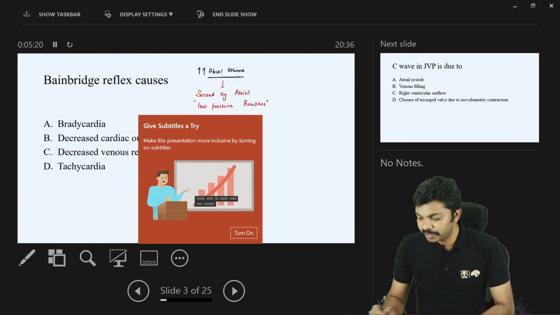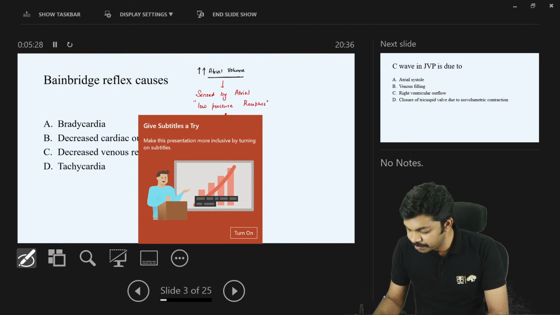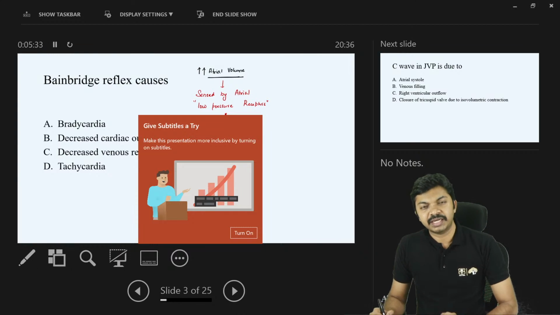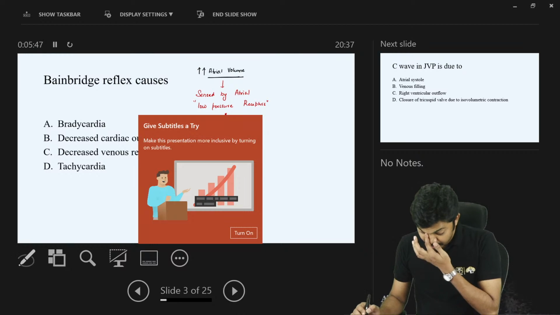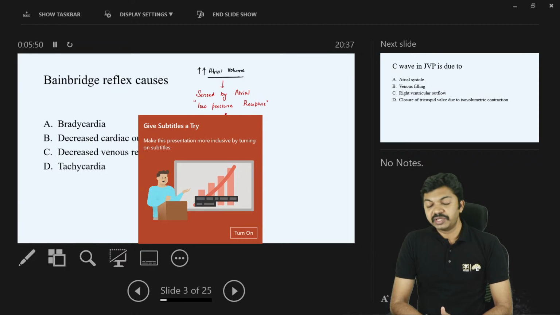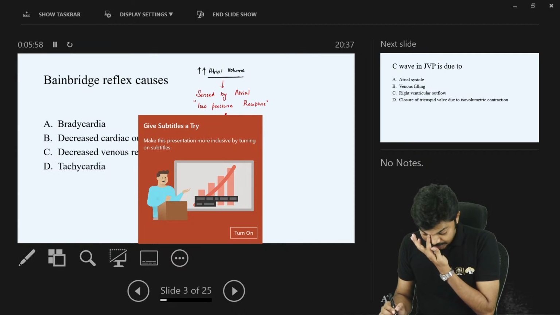It is that low pressure receptor which senses the increased blood volume, and as a consequence these low pressure receptors straight away trigger, without involving sympathetic nerve, the sinoatrial node. When SA nodal cells are activated, the end result is increased heart rate, tachycardia. So friends, as a consequence of increased atrial filling, the ultimate result is going to be tachycardia. Now the ancillary points you need to know in this question is, remember,